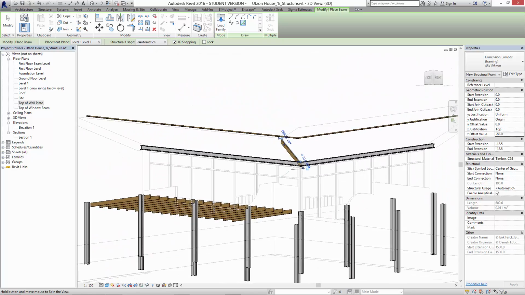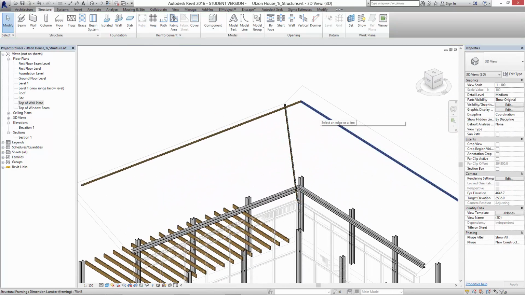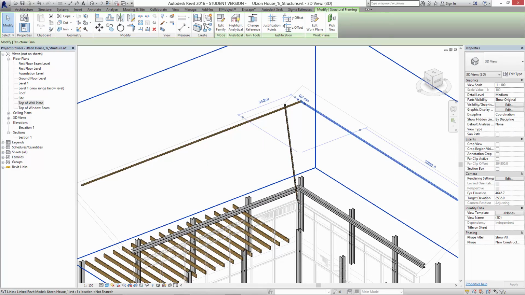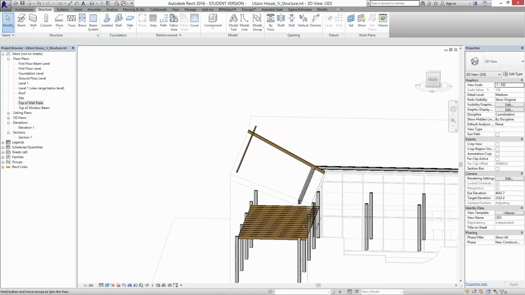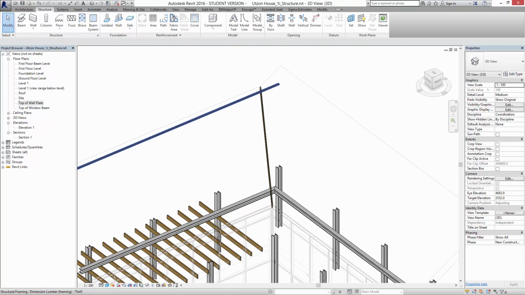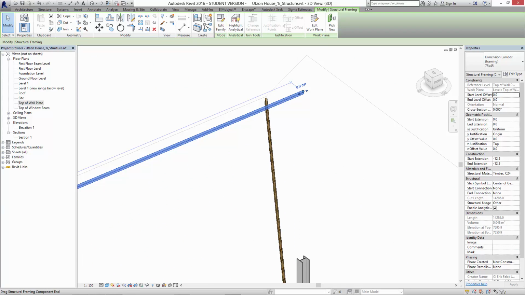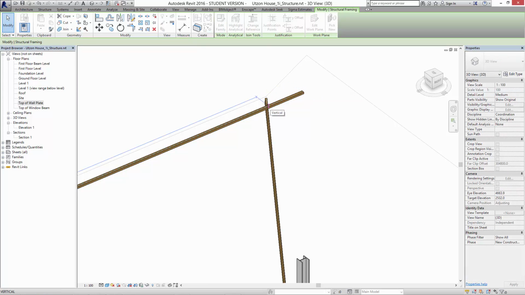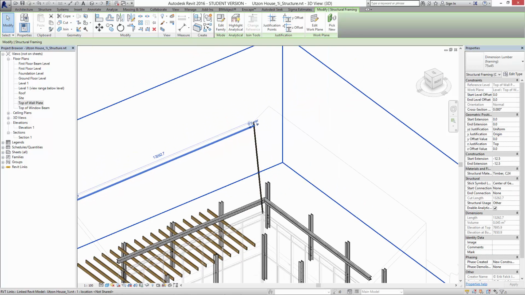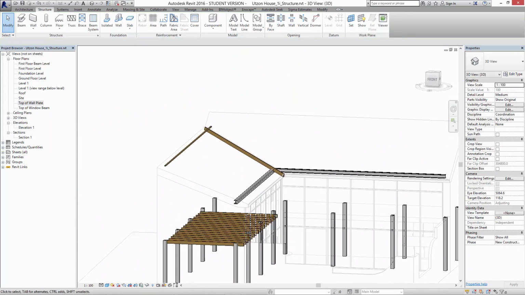So there's a couple of things that we can do in there. I'll tell you what I'll do. I'm going to delete that a bit, and then I'm just going to concentrate on this one for the moment, because with this little line here, it just makes it a little bit too complicated for the demonstration. So let's just drag that back a little bit. Put it here. So now, if we want to fill in the rafters between these two elements, what we can